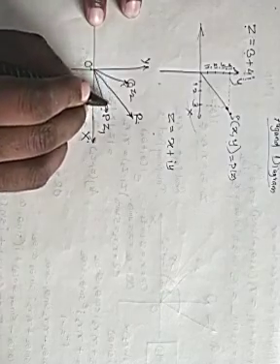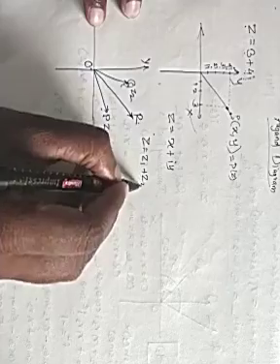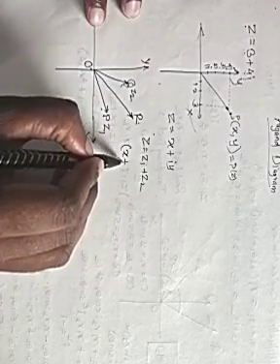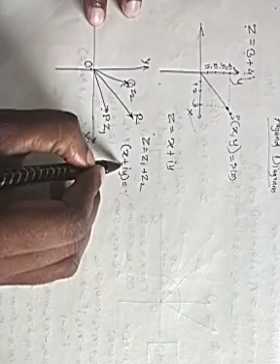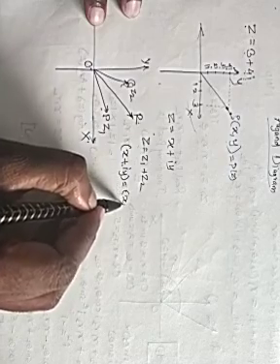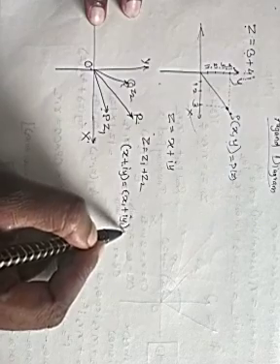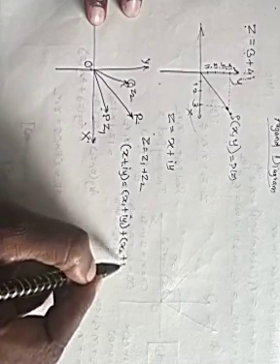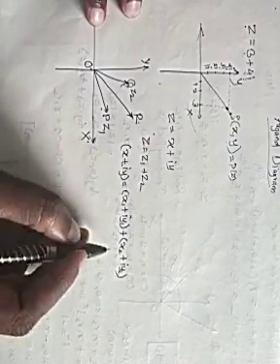So addition of these two vectors means Z is equal to Z1 plus Z2, and this is represented as x plus i times y is equal to, means this is a vector, this is a complex number, and this corresponding complex number is x1 plus i times y1 plus x2 plus i times y2. So this is the addition of complex numbers.